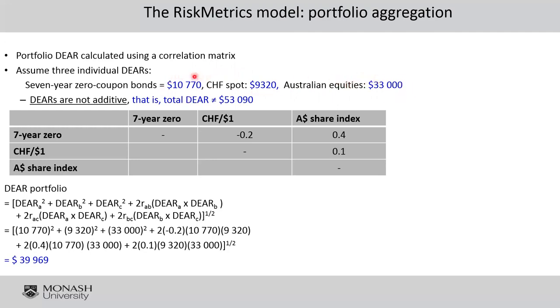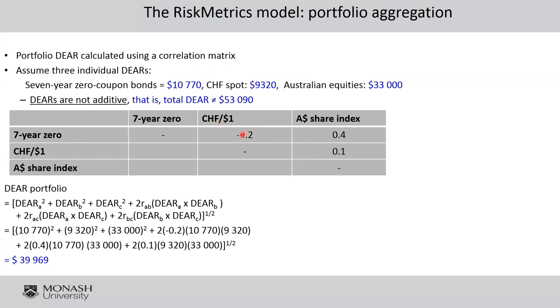Therefore, there is overlapping. When we take the overlapping, we have to see the correlation of those assets, I mean the correlation between the changes in their prices. You find now the 7-year zero coupon has some correlation with the exchange rate, which is the dollar to the